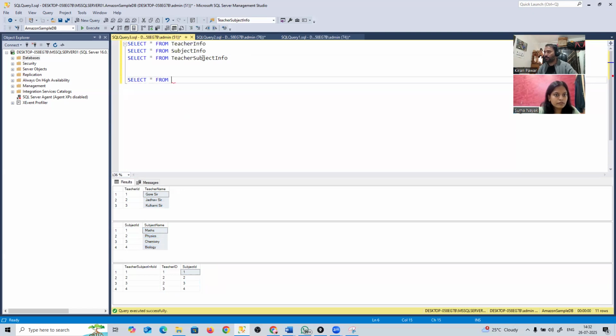Select start from teacher subject info. We can use it as TSI. Join teacher info. Join teacher info on teacher subject info dot teacher ID is equals to